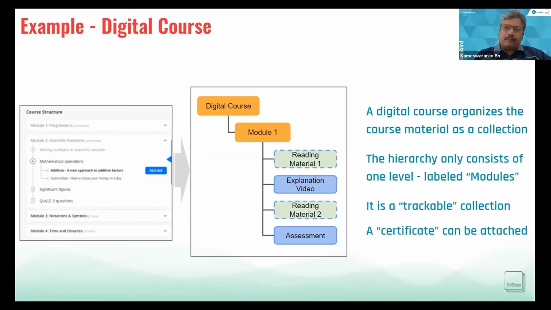So when you are adding the assets to the course, you can specify whether that asset has to be trackable within this collection or not. That's a relational attribute between that asset and the collection at the time of linking. That's where the system knows that these are the assets that need to be considered while tracking the course. So that's an example of how a relational attribute between the asset and the collection can be useful.